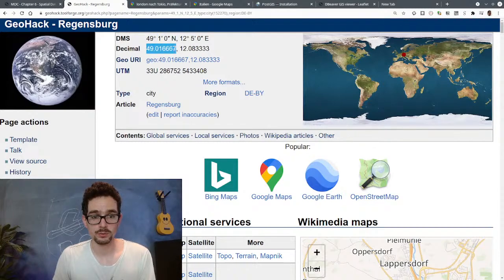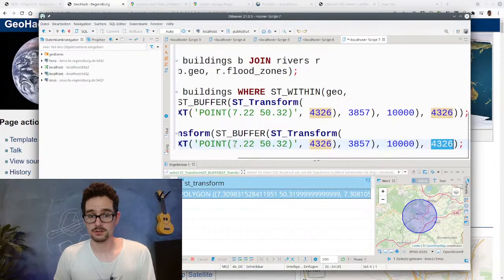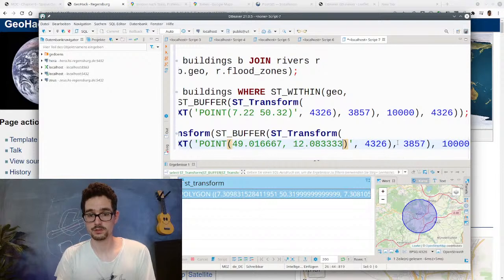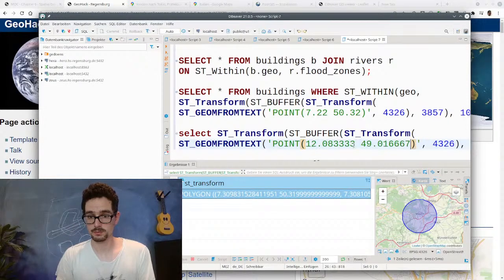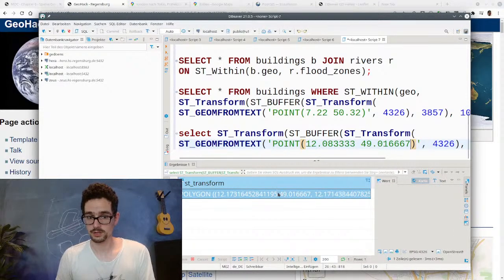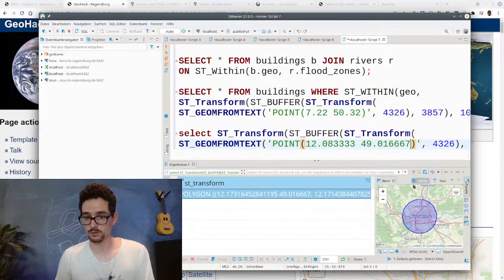Here this is what we need, just a decimal format. And we need it in the other direction, so we first need longitude, this 12 and so on, and then latitude. So now we have the buffer around Regensburg,